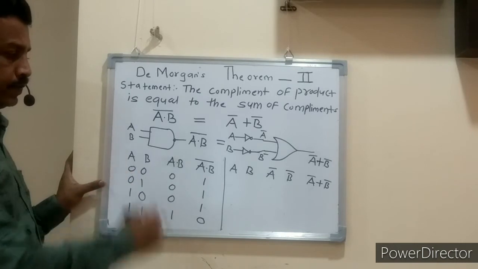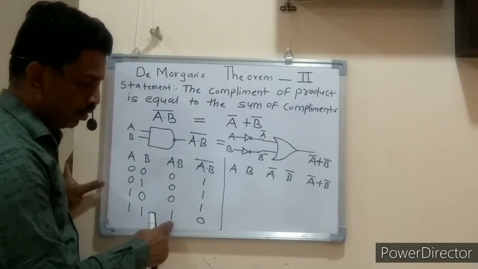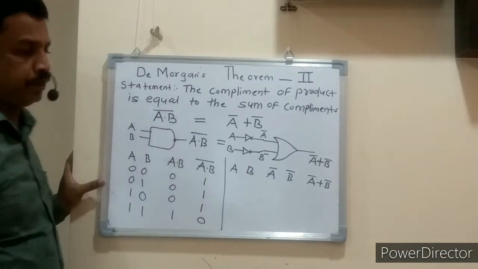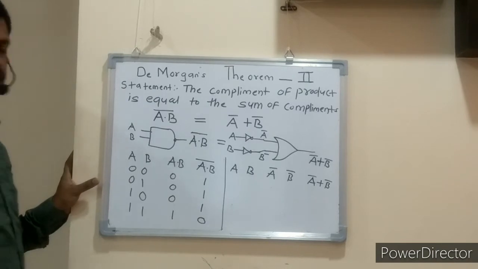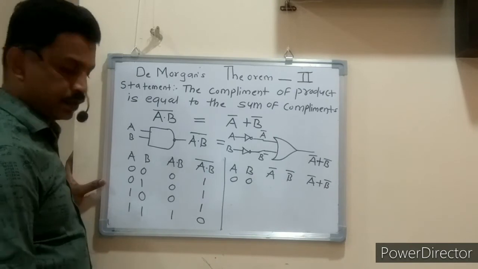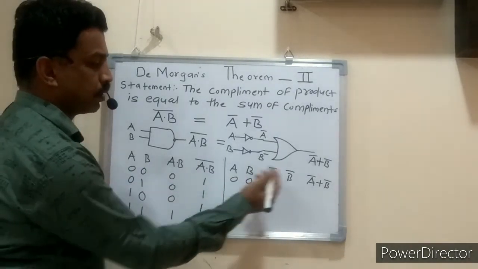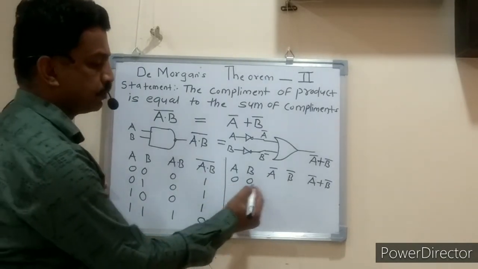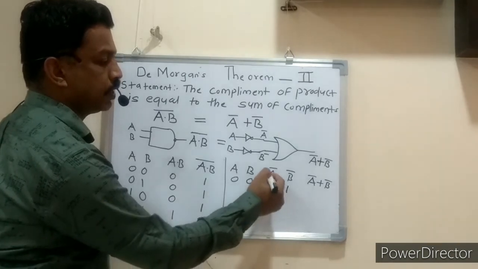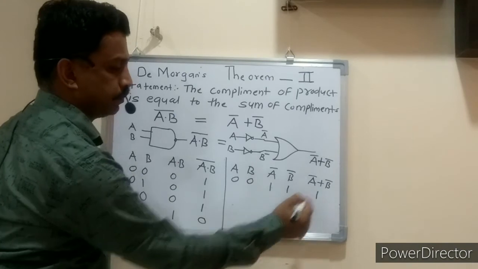So this is our left side. If both inputs are 1, the output is 1 and its complement is 0. Similarly, we can check the right side. Here it is 0 0, first 0 0. A complement means the opposite of 0, which is 1, and the opposite of 0 is 1. Now the addition, a complement plus b complement: 1 plus 1 is 1.